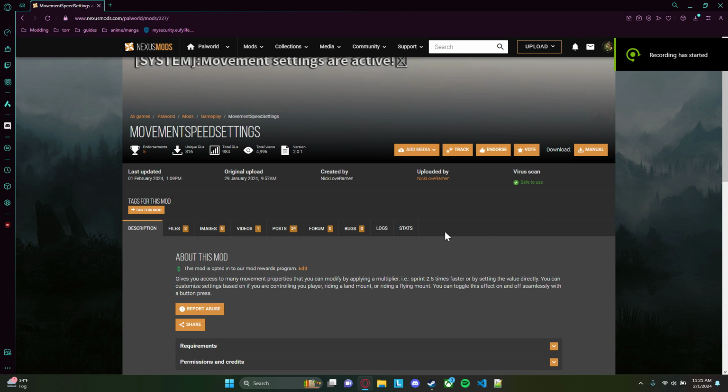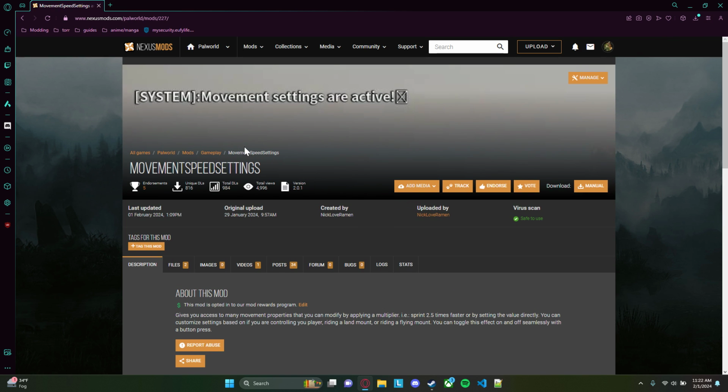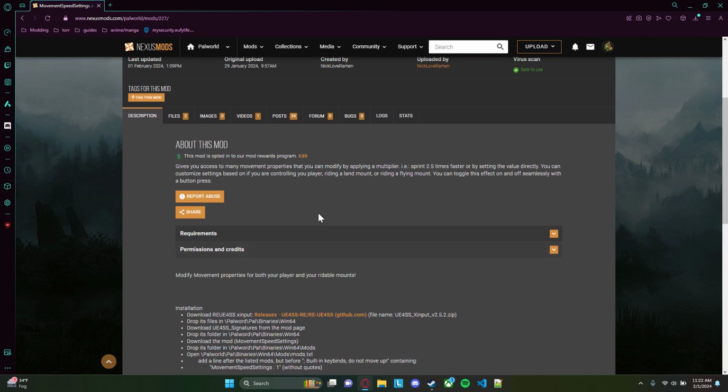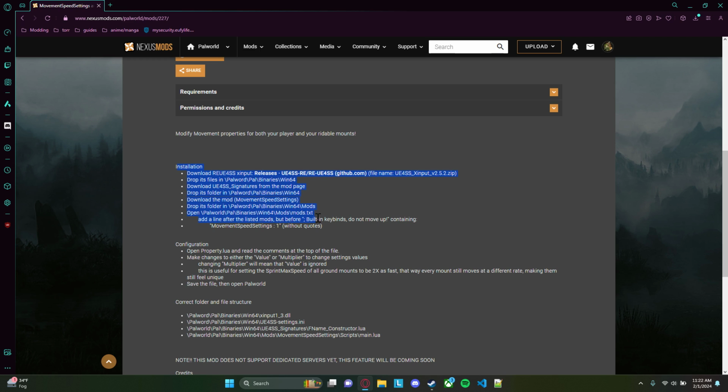Alright, hello everyone. This is a quick tutorial on how to download a Palworld mod, specifically those that are Lua scripts. So I'm just going to show you how to download this MovementSpeedSettings mod that I created. On the description page here, we can read a little bit about the mod, but you can see the installation steps here. So the first thing we need to do is download this RE